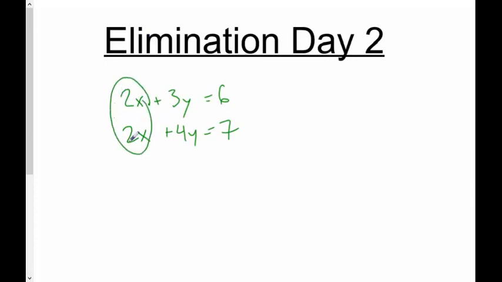Now in doing that, you probably saw equations that looked something like this. We have 2x, and then we have another equation that has either positive 2x or negative 2x. Right, and we need these to match, right? Whether they were both positive or one was positive or one was negative, we needed those to match in order